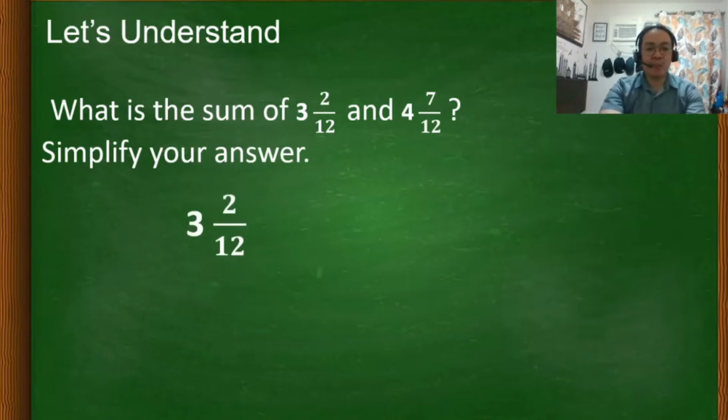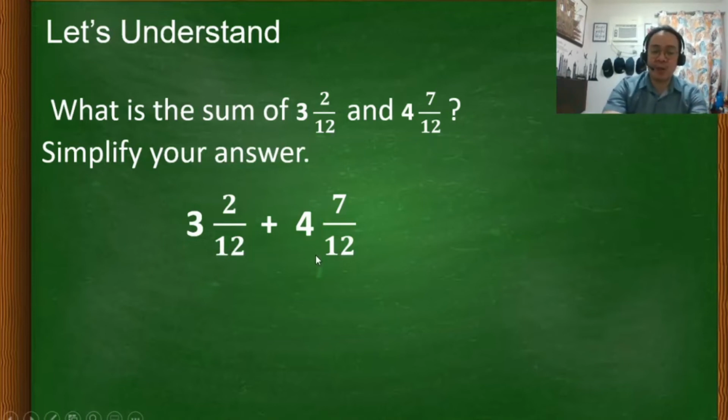Okay, the equation will be 3 and 2/12 plus 4 and 7/12. As you can observe, we are adding mixed numbers. Meron na tayong whole number at merong fraction. Nga lang dito, we will be adding mixed similar fractions, kasi similar yung fraction na ginamit. Denominator niya is same, 12. So, paano tayo mag-add ng mixed number? First step is just add the whole numbers. Ano yung whole number dito? 3 and 4. So, 3 plus 4 equals